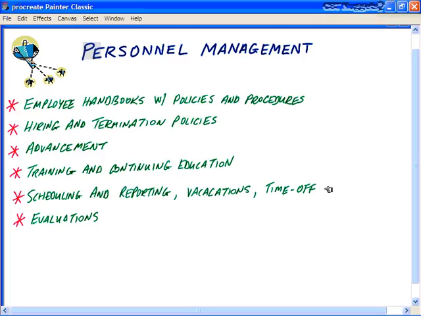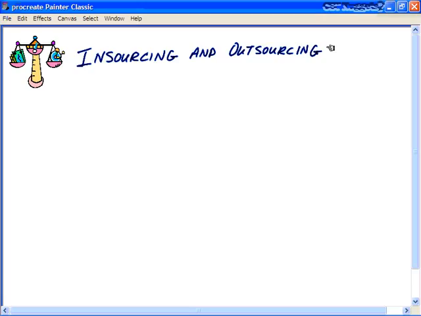Now, I've already briefly alluded to this concept, which really relates to personnel management, and that's the concept of insourcing and outsourcing. Our sourcing practices are going to tie closely to where our organization is going to obtain its IS functionality, the support needed to run our business. We can run all of our IS functions in-house. This is called insourcing. Or we could outsource all of the functions